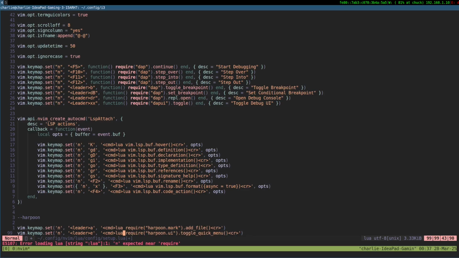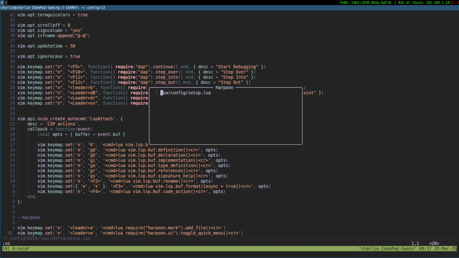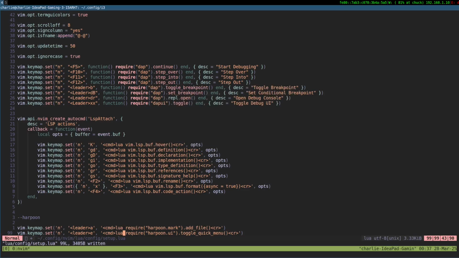oh, Lua required. Ooh, I can. Leader E fits a bit more. For leader E, I need it for my remaps. Or else can I do leader A? I have leader H, leader S. I got it marked. I have use case for all these things.